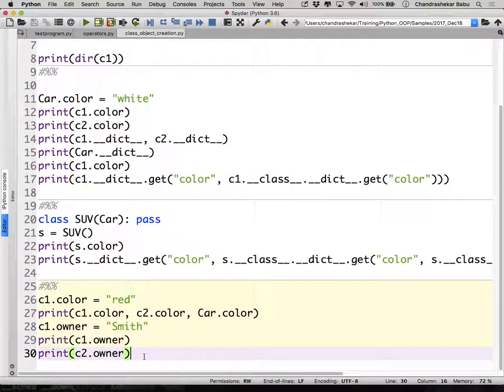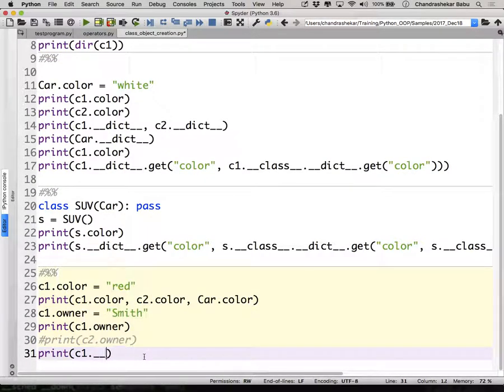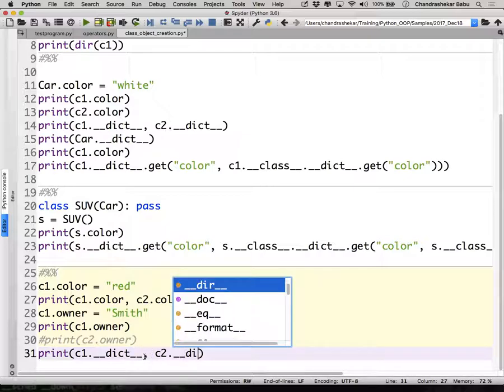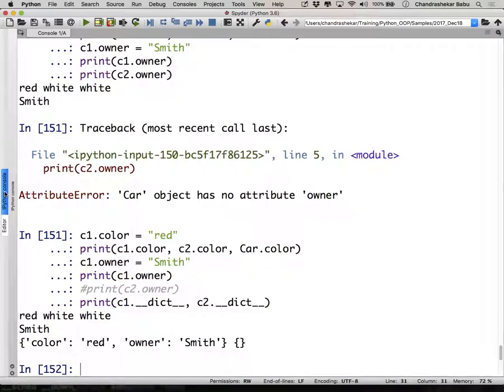In fact, as a summary, I'll comment this line off. Instead, I'll print C1 dot __dict__ and C2 dot __dict__. See the output. C1's attribute dictionary has color red, owner Smith.